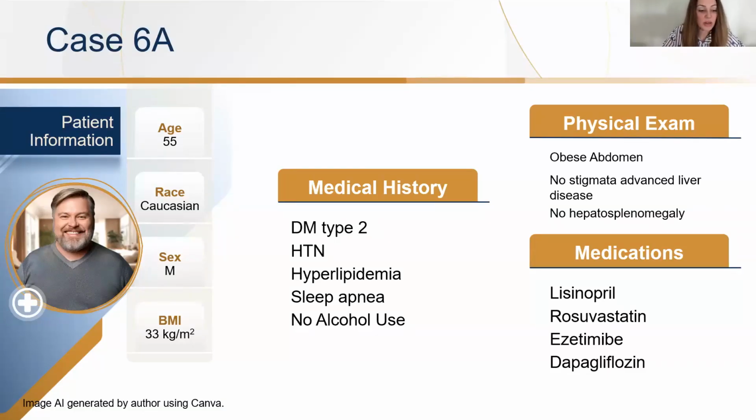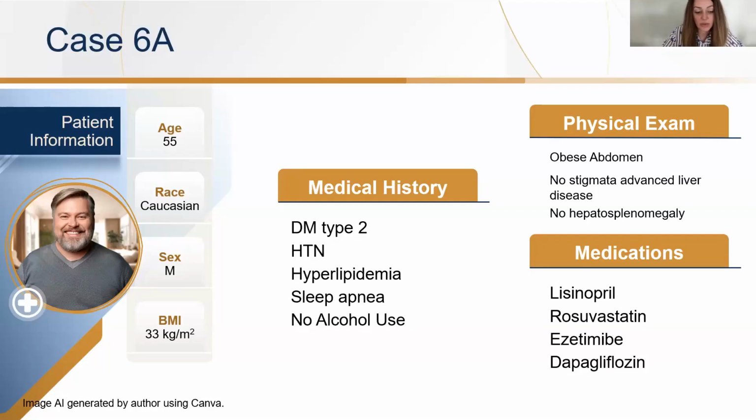His past medical history here includes obesity. We know that his BMI is 33. He has diabetes, hypertension, hyperlipidemia, sleep apnea, and he is on medications listed here: lisinopril, rosuvastatin or Crestor, ezetimibe, Orzidia,